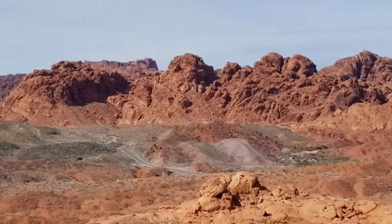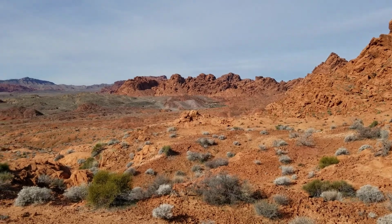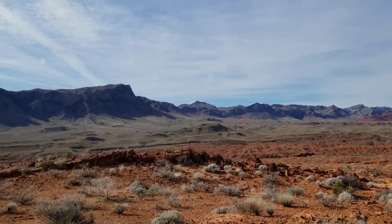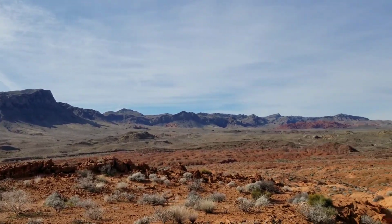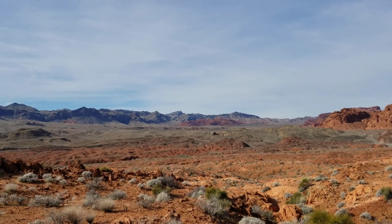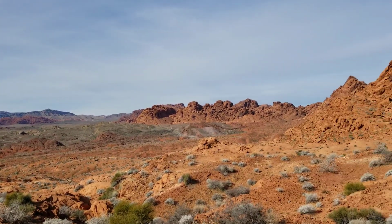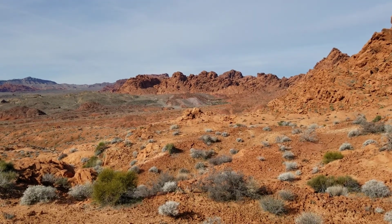Let's see. Okay, just a minute. There we go. Get a bigger perspective. I'm going to head down to that area, and of course there's the border of Valley of Fire Park, and there's the direction I came from. So we're going to go down in this area and see what we can find, see what this little parking area is down there, and